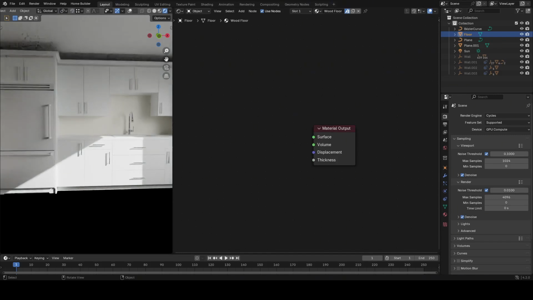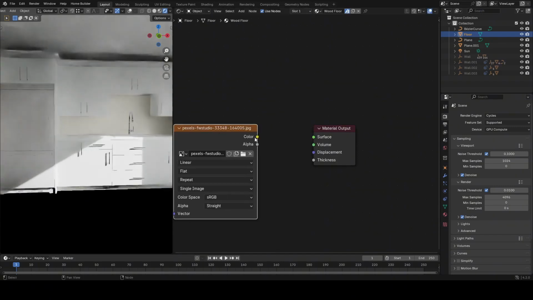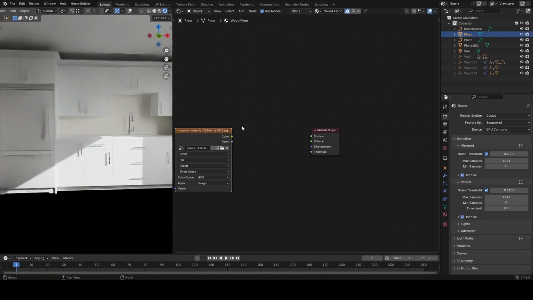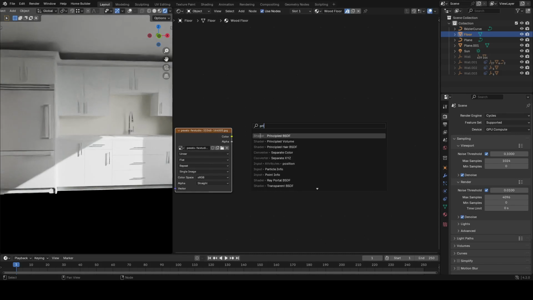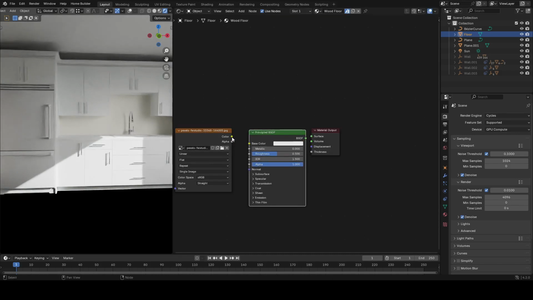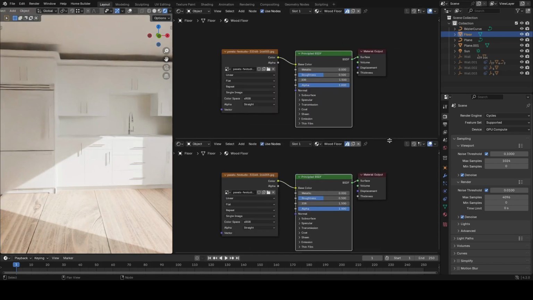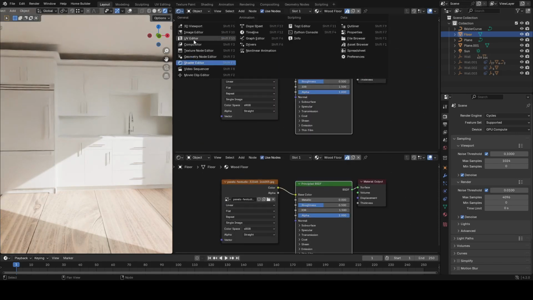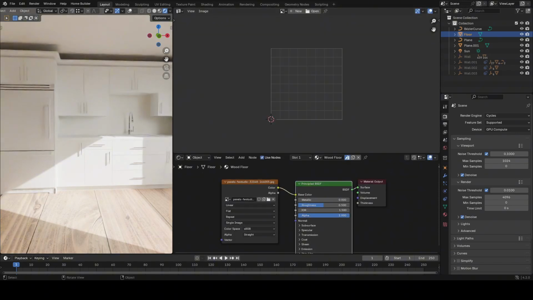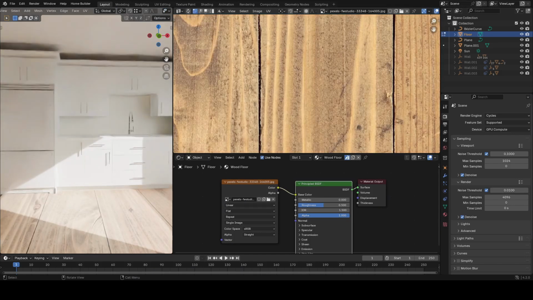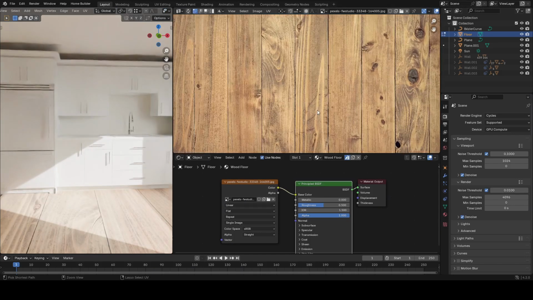So I like to change the floor. I have a texture, I like to drag and drop it here, but the texture won't work directly. So we have to type Principled BSDF, connect the color to color, and now you will see something. So another panel I like to open up, and we set it to UV editor. So let's select this floor,